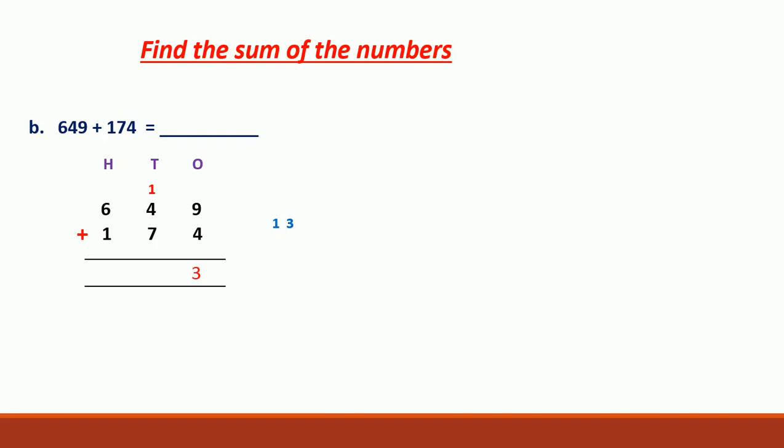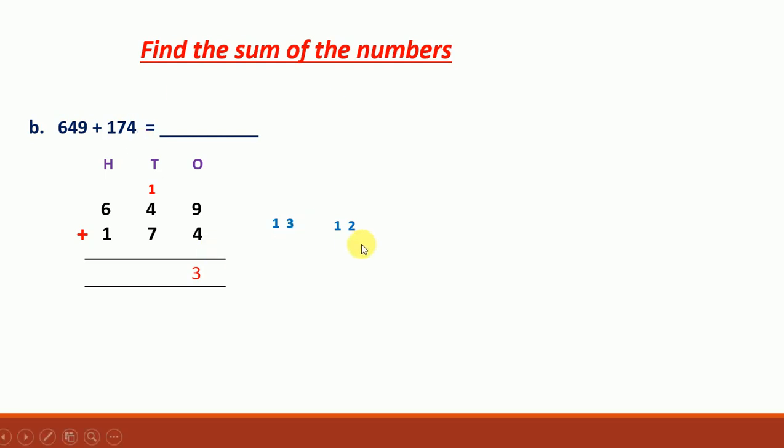Now in the tens place we are having the numbers 1, 4 and 7. Add the number 1 plus 4. 1 plus 4 is 5. Keep 5 in your mind. Take 7 on your finger. 5, after that 6, 7, 8, 9, 10, 11, 12. So when we are adding the tens also, we are getting 12 tens, right? So 12 is greater than 9. So here also we are getting a 2-digit number.